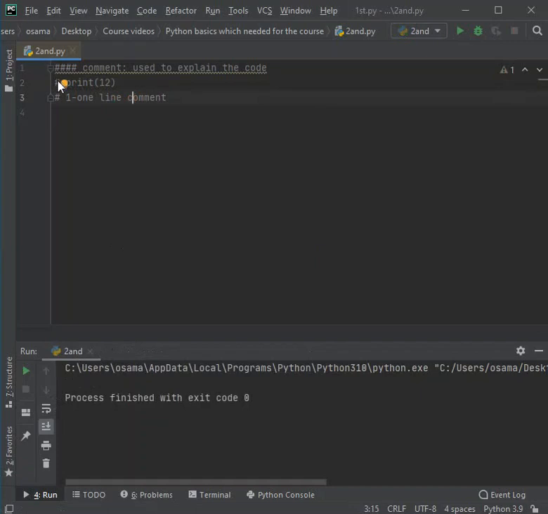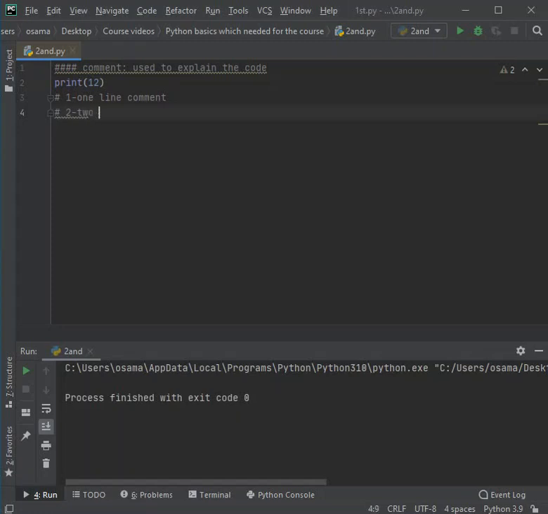Why? Because we tell the program that this line is a comment, don't read it. Let's eliminate this hash. So a one line comment cancels only one line of the code, like we did with print. The second is the